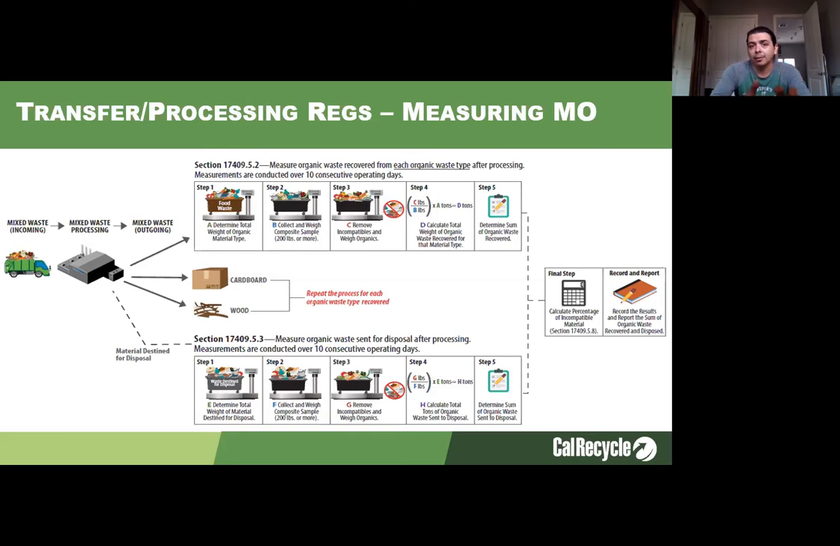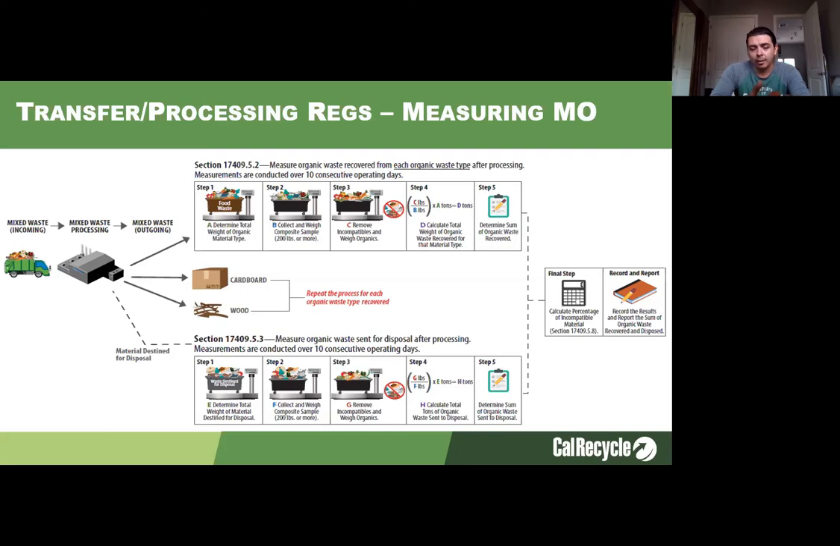So operators are looking to perform these measurements on this material 10 consecutive operating days every quarter. Like Martin mentioned, when you're on your inspections with your operators, you may want to be very familiar with when they're actually conducting measurements within their reporting period, in case you want to be aware and actually observe